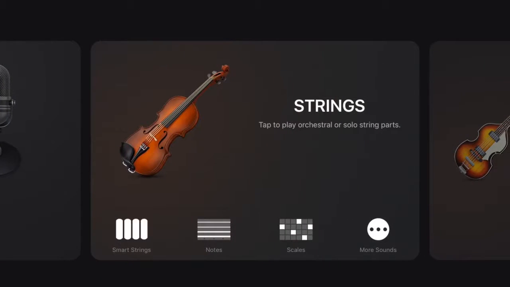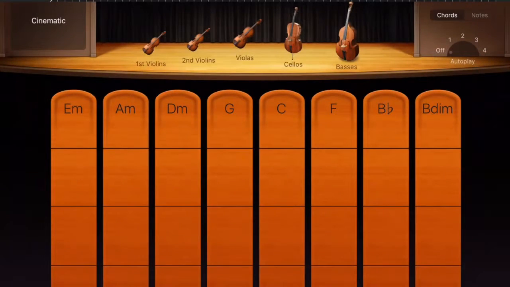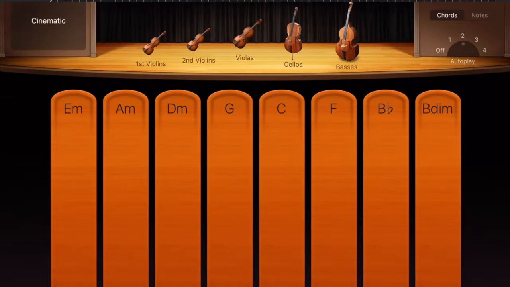Alright, so next we have strings. So as you can see, there's different things on the bottom too. There's smart strings, notes, and scales. So we're gonna start with smart strings first. There's different instruments on the top, different notes on the bottom, and on the top right-hand corner, you see that there's the autoplay. So what autoplay does is it allows you to play the notes without actually knowing how to play the instrument. So you can see that I'm on autoplay 3 right now,